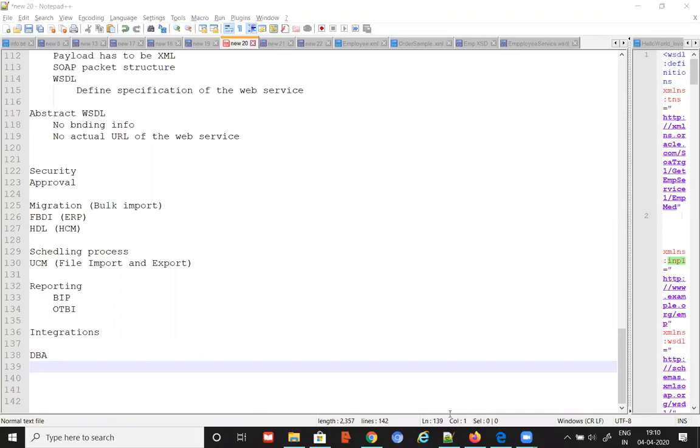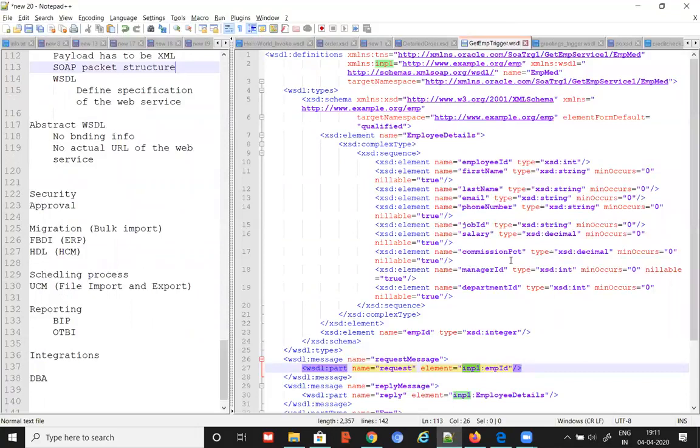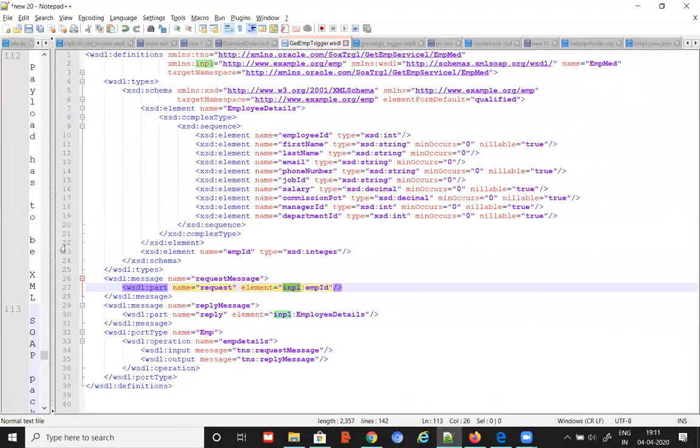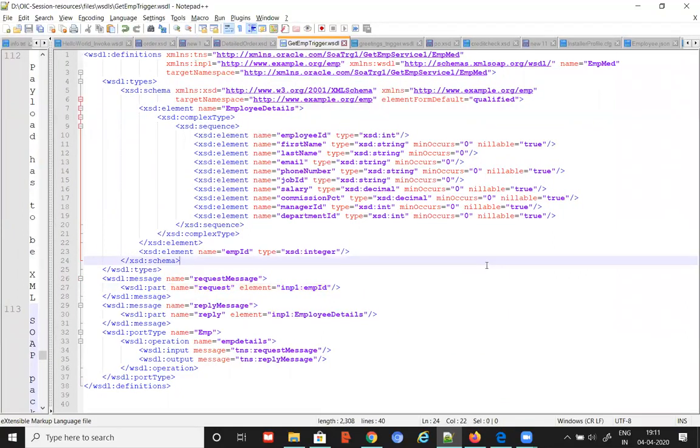Bhaskar, in the latest WSDL which you were showing, wherein we were not importing any XSD, that XSD information or the element information is now there in the WSDL itself, right? Can we use this element outside in some other WSDL?